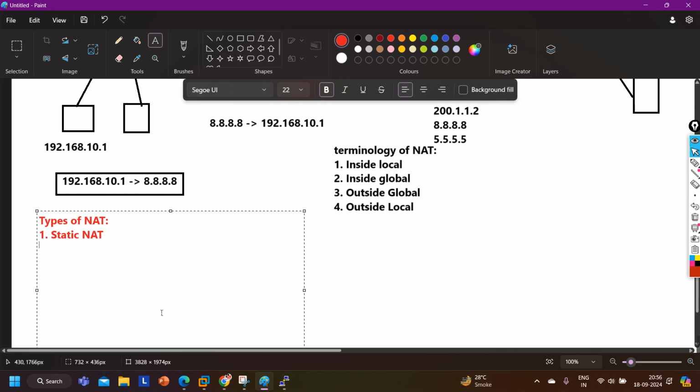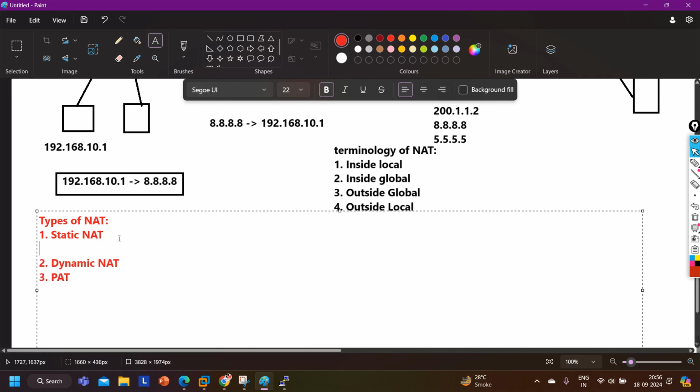Static NAT, the second one is dynamic NAT, and the third one is PAT, guys, port address translation. Nowadays we are using static NAT and PAT, but we are not using dynamic NAT, right?